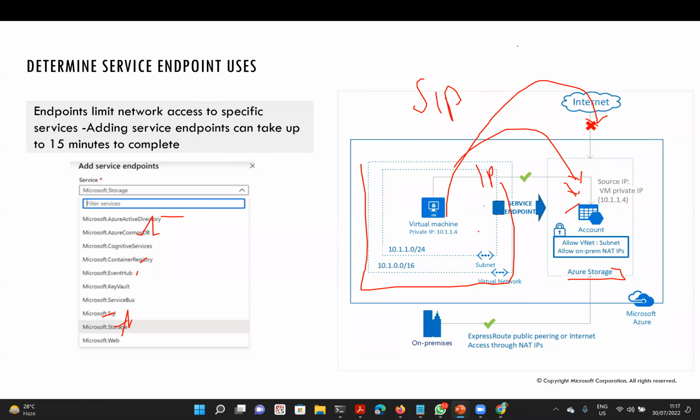However, it is only restricted to specific IP addresses. So if you are connecting from a different IP address or from a different virtual network, maybe like the internet, access is not allowed, because only this virtual network, using this as a use case, only this virtual network